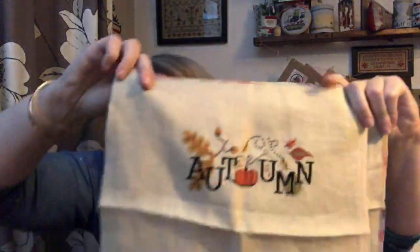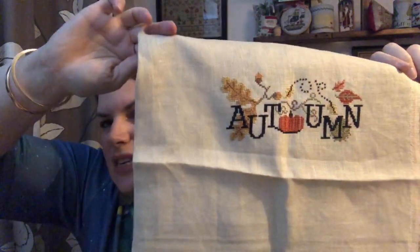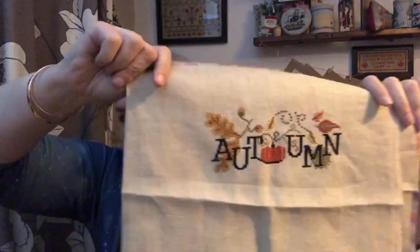My previous finish, I've got 2 previous finishes on here, and they are Puntini. When I Think Of, and this is on a piece of 32 count vintage country mocha, but I've used the non-vintage side of it. So this is When I Think of Autumn, and it does have, as always, a little button on there to go on,